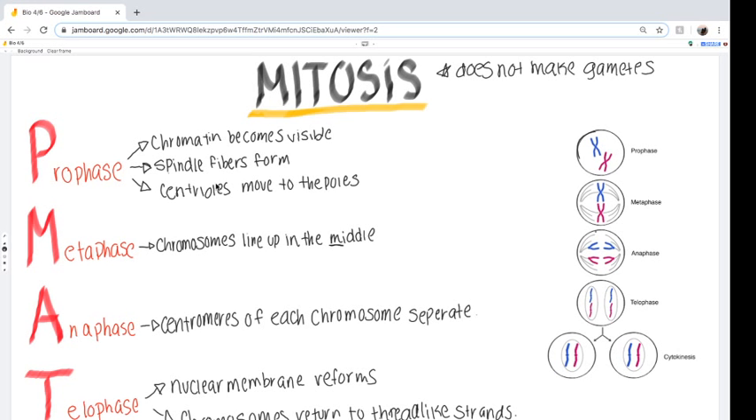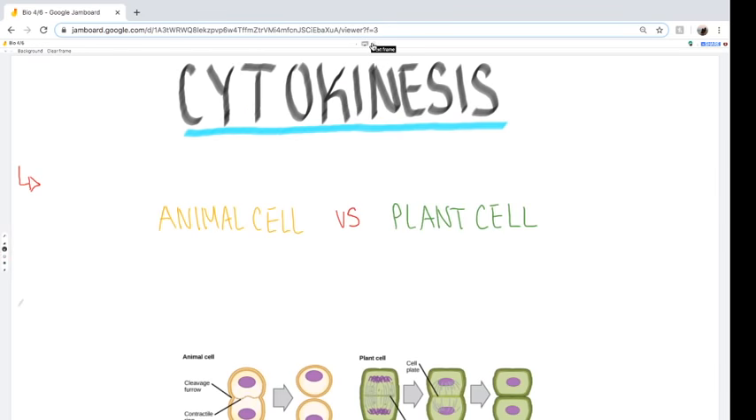Now, after telophase is done, this completes the last stage of mitosis. Now, the last stage of the cell cycle is called cytokinesis. So cytokinesis divides the cytoplasm of the cell, dividing the cell completely and making the two cells identical. So the definition of cytokinesis can be written as